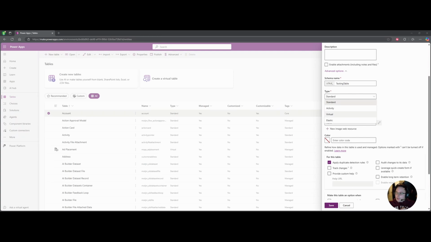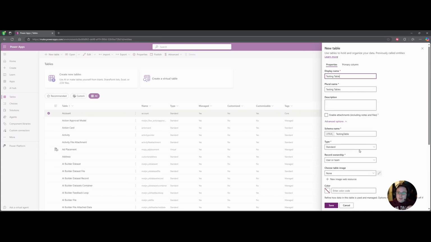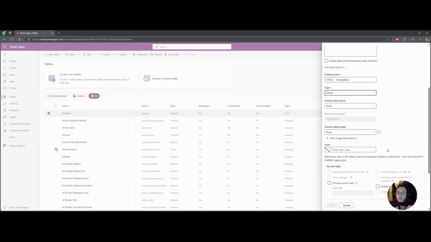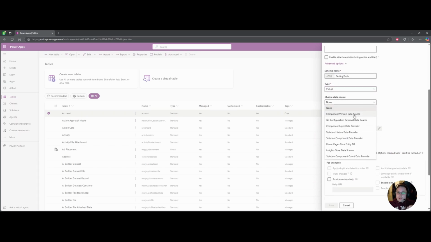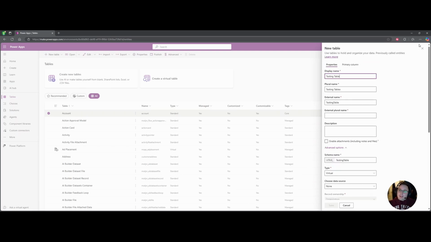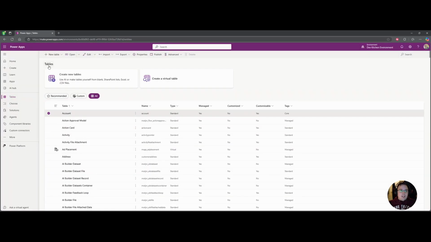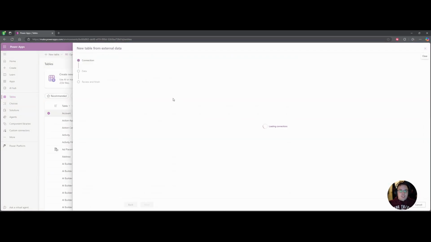We then have virtual tables. So virtual tables are basically to be used when you need the table to be populated with data from an external data source. So if I choose virtual table here, you'll see that it then goes choose data source, and I can look through this and I can say, there's loads of different things I can choose to have it create. What this does is essentially create a table that reflects this other data source. So I mentioned this when we look at the new table option here. If I hit create virtual table,